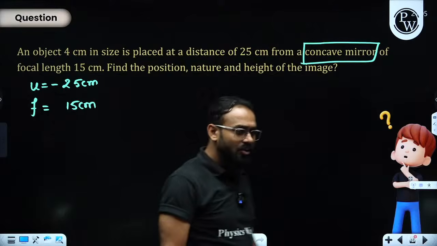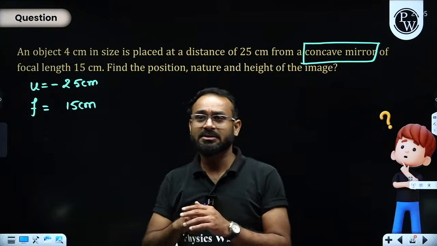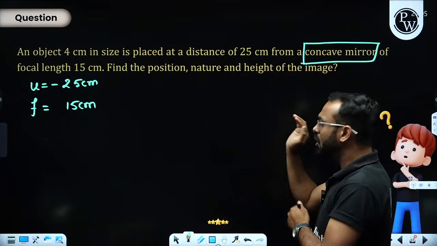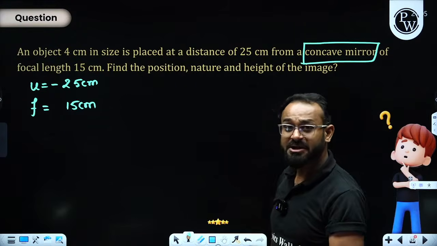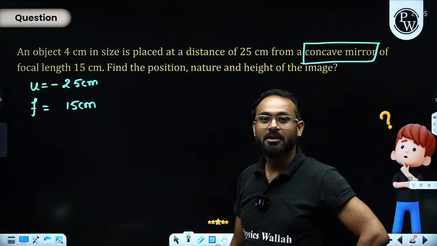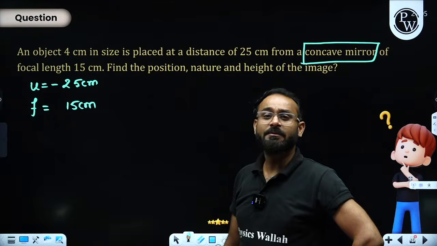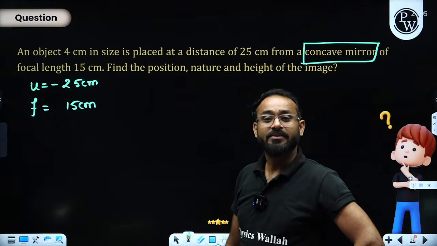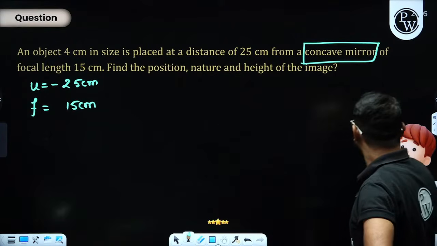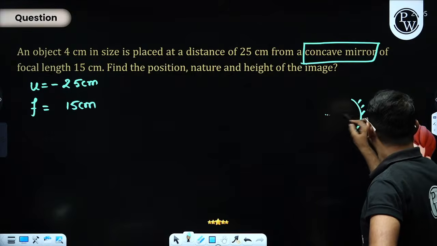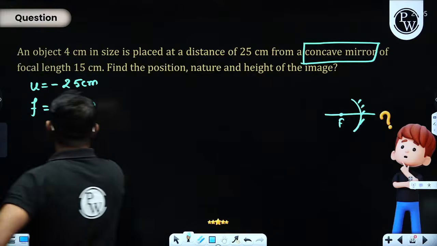Can anyone tell me what will be the focal length? Positive or negative? Sir, that was the concave mirror. Light is striking, converging on the same side as the object. Will it be positive or negative? Everyone, answer this. Yes, negative, sir, on the same side. Concave mirror. Sir, the focus lies over here on the left hand side. It will be negative. Very good.